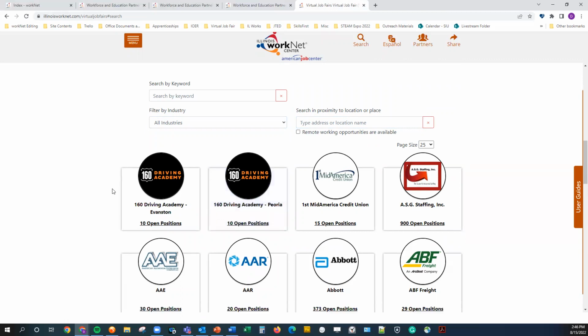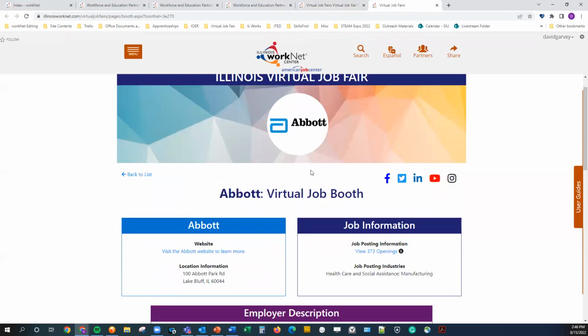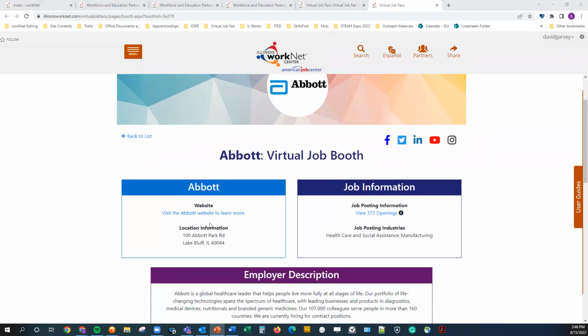positions. But to provide an example of what an employer page looks like, if you select it here, we can see the logo, the name, and the number of open positions. And that'll take us to the booth listing for that company. At the top here, we have our social media links for the company, their website, their location, their address information, a link to their website with more career information, even the job openings themselves, which industries they're hiring in,